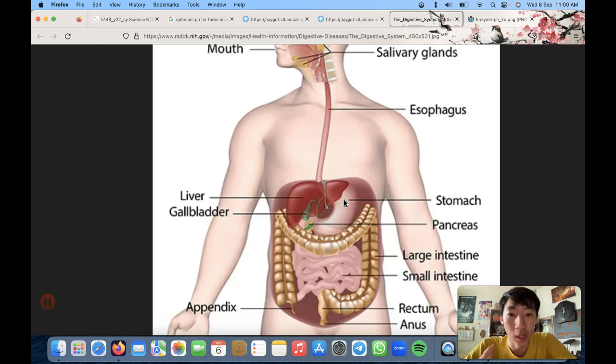Okay, but besides the enzymes that's in our stomach, there's a few other things that happen in our stomach. Firstly, the stomach is churning, right? Churning means that it's like moving. You can feel your stomach churning when you're hungry, that kind of feeling. So when your stomach is moving, it's called churning. It helps to move the food around, and it helps to break the food up into smaller pieces also.